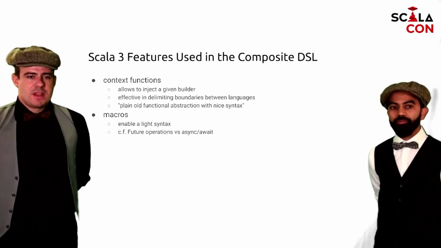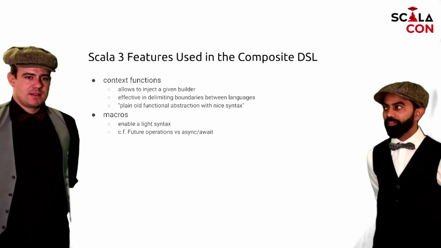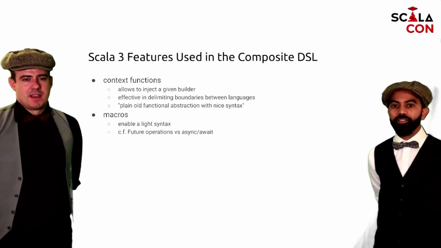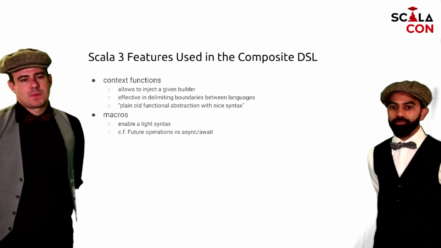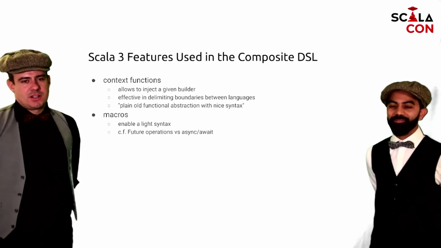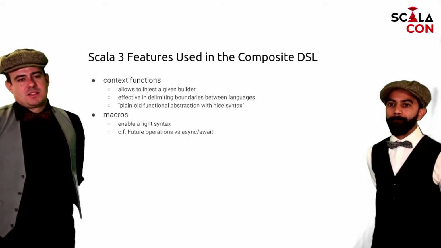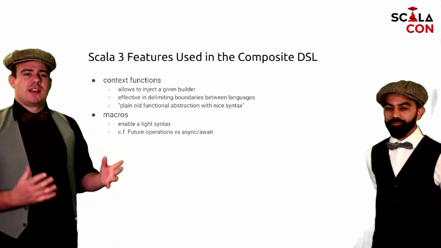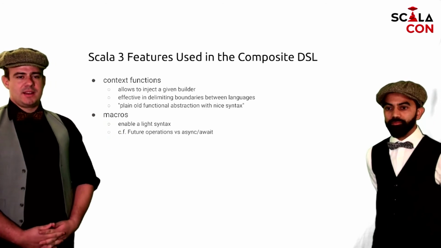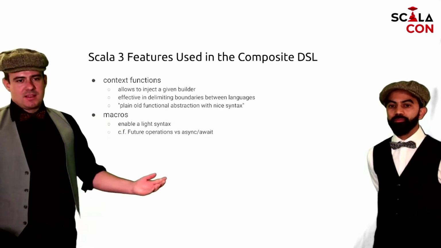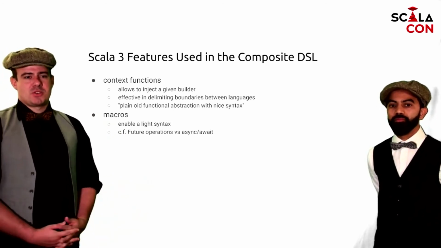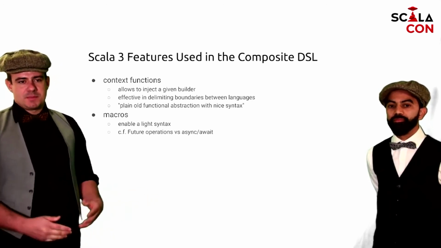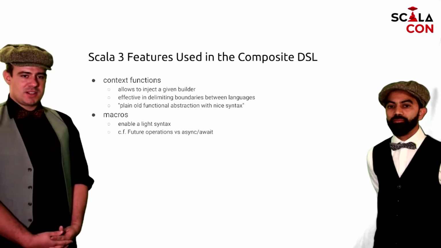This is now where we actually use some features that are really, I think, noteworthy in Scala 3 that allowed us to do this. Namely context functions and macros. A context function is just a lambda, essentially, where we do not need to declare the parameters when you pass it along. It allows you to apply the good old functional programming trick: if you need to pass in state somewhere, you capture it in a lambda. Except now we don't need to declare the parameters.